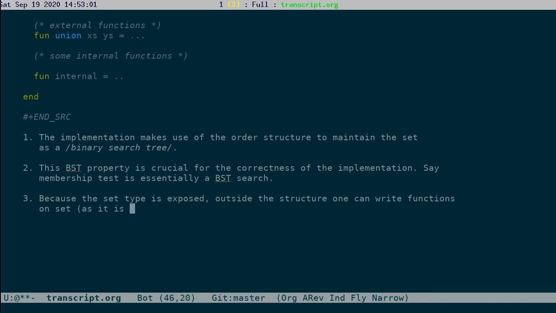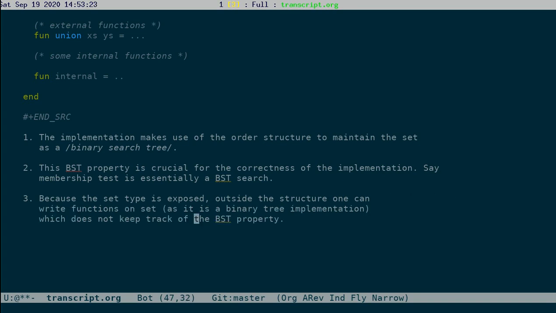Someone can write a function on set which does not keep track of the BST property. So next time when one uses the same data type, it fails.